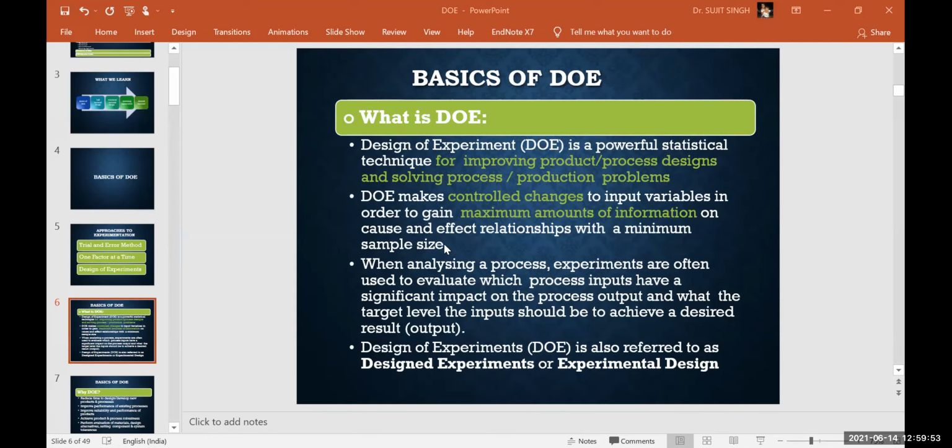And minimum sample size means you are not going to perform all the experiments. You are going to choose some experiments out of all the combinations, that is, you are doing some sampling. This is all about design of experiment, right? We are not going to perform all the experiments, but only a few out of the total and get the same or almost the same sort of information.